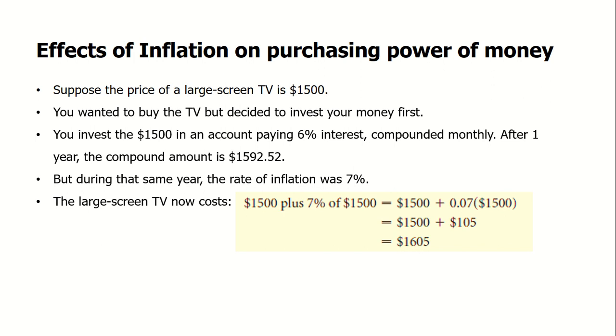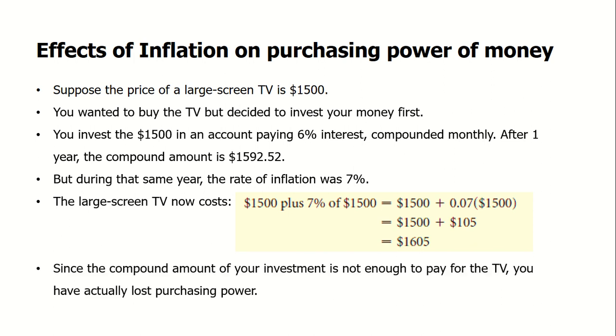So instead of only amounting to $1,500, you add the 7% of that amount, which is 105. The price of the large screen TV is now $1,605,